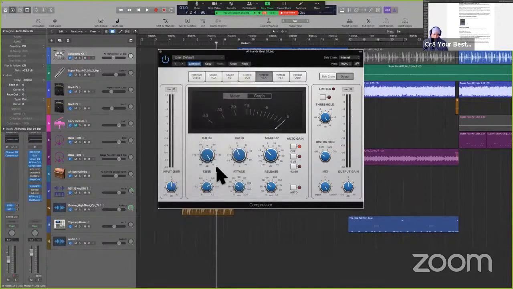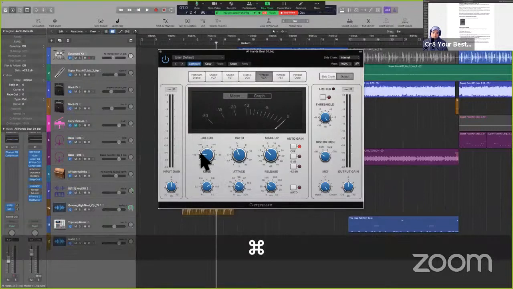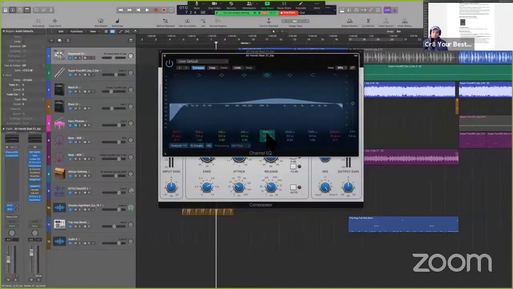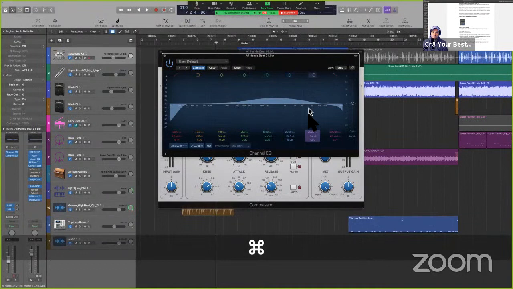Now, what they're saying in the user guide is if I hold Command and I want to make a change and do it quickly without necessarily having to grab the rotary knob, then you can do that just like this. If I had an EQ opened up, I wonder if the same goes. I'm not sure, to be honest, because I've never done that. So let's see if I have this. Wow. I think it's doing it. Hold on. Is it? Not really. No. Okay. So this may not apply with an EQ, but in terms of the rotary knobs,